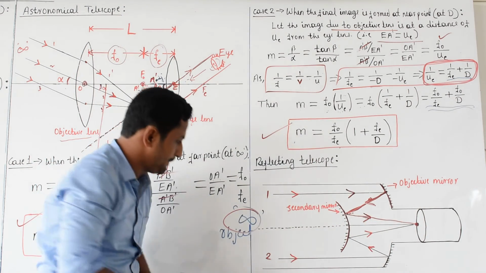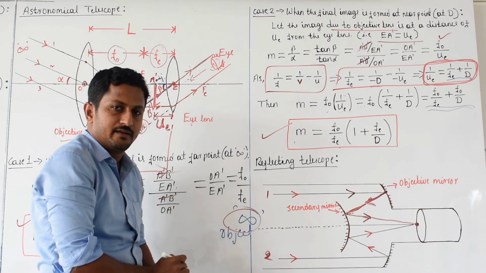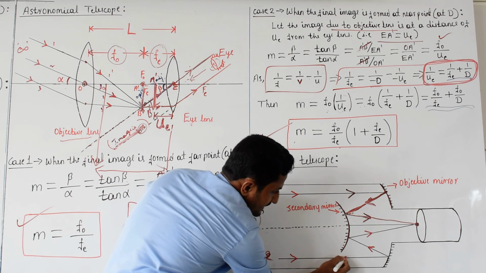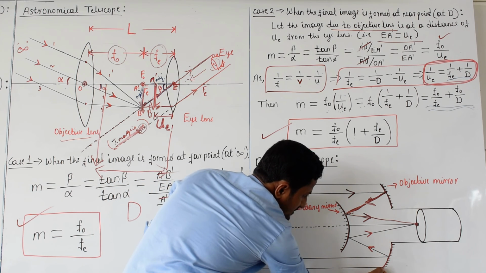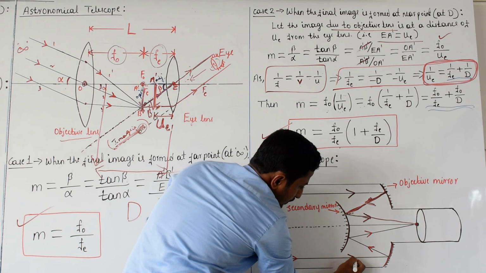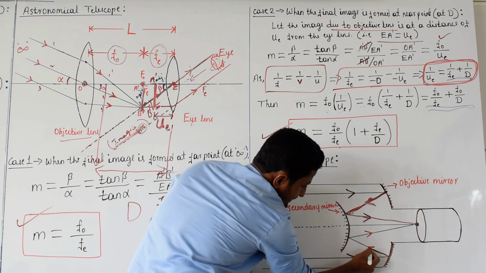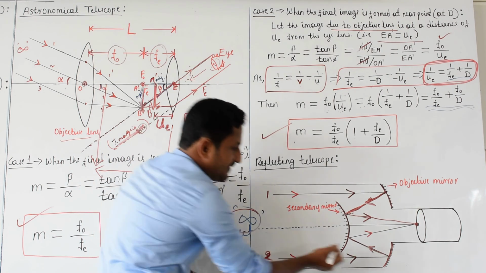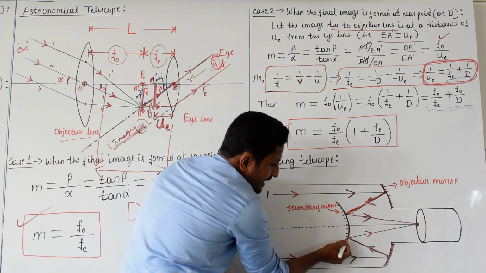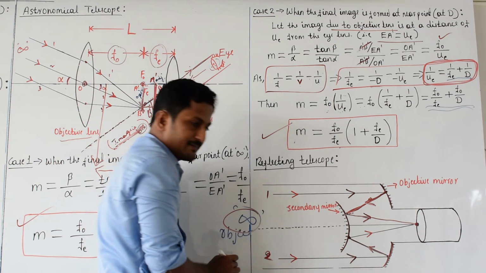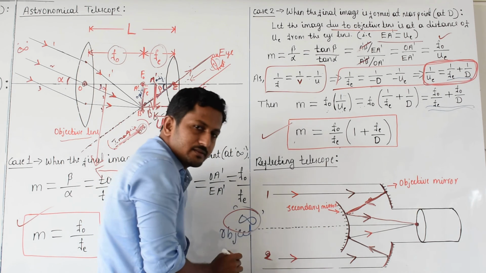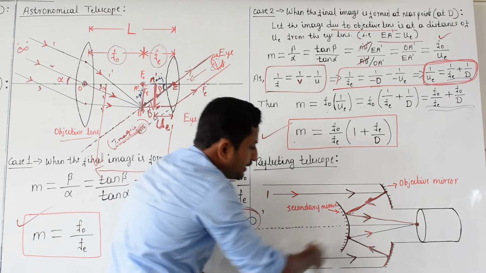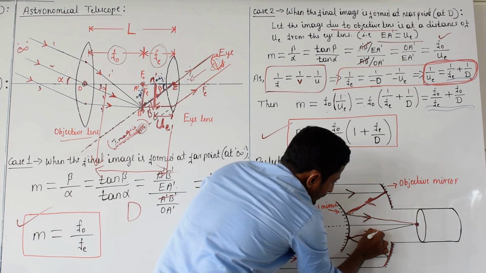Okay. Similarly, this second light ray from that object at infinite distance is also coming like this, going to fall on this objective mirror, and bounce like this. I mean here it will suffer reflection. After getting reflected from this mirror, it will go and hit the secondary mirror which is on its path. Again here it will get one more reflection. It will bounce back along this path, it will go like this.